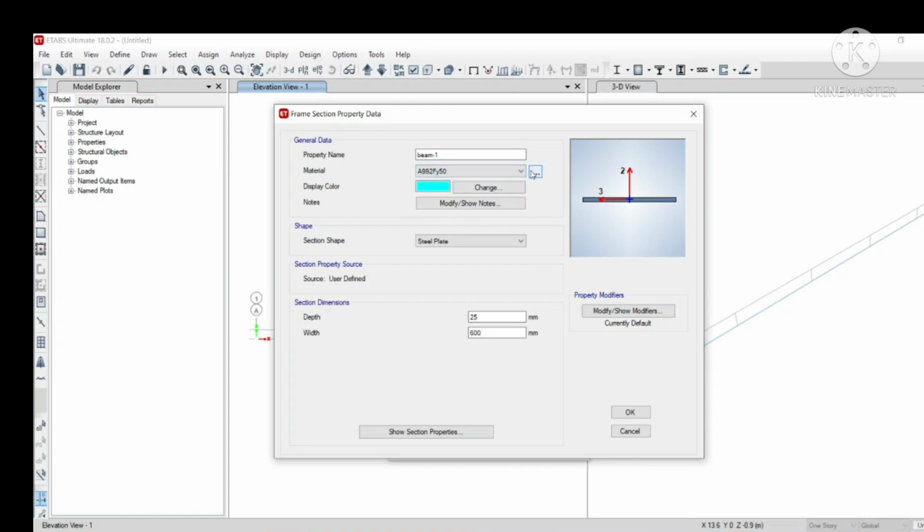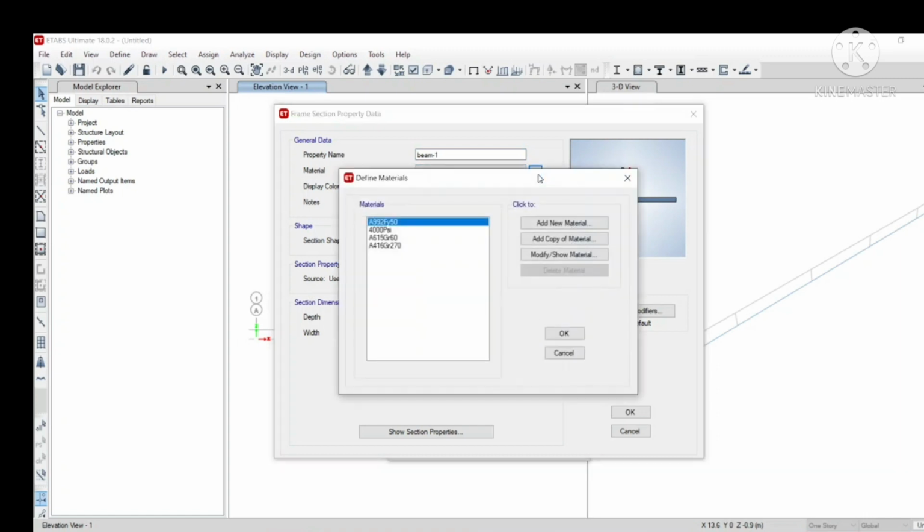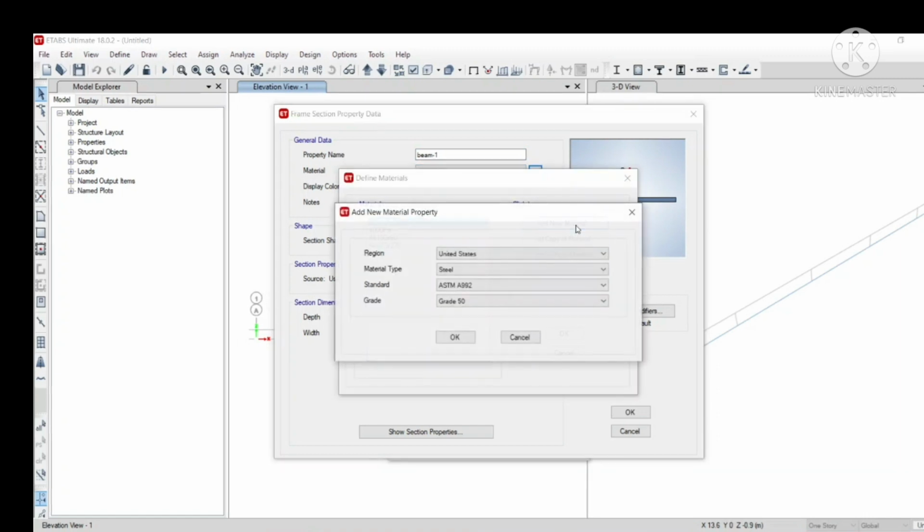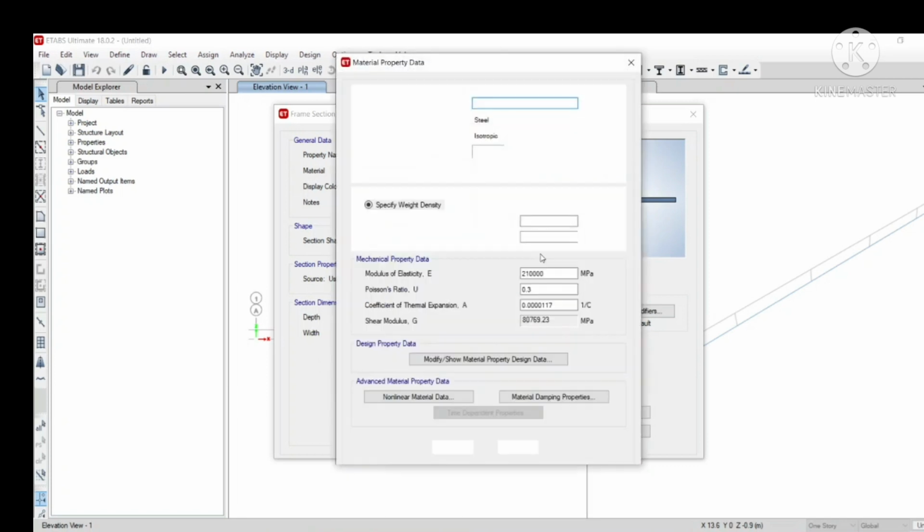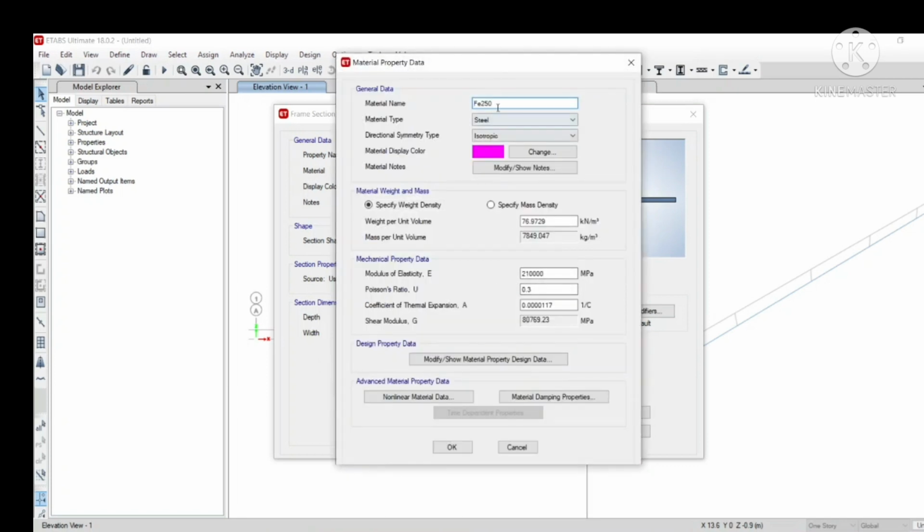Let us add the property of the steel. It is Indian. Let us take mild steel, Fe250, and I can see here Fe250 is given, the material is steel, and isotropic.